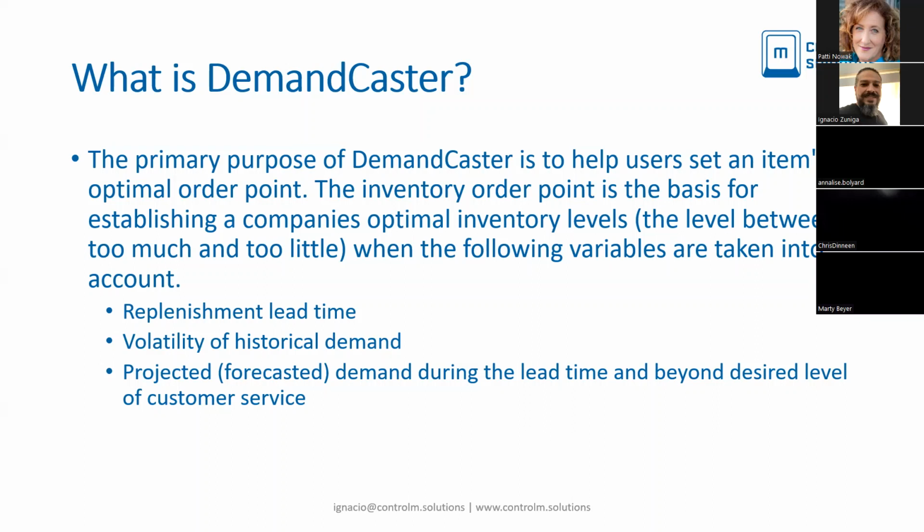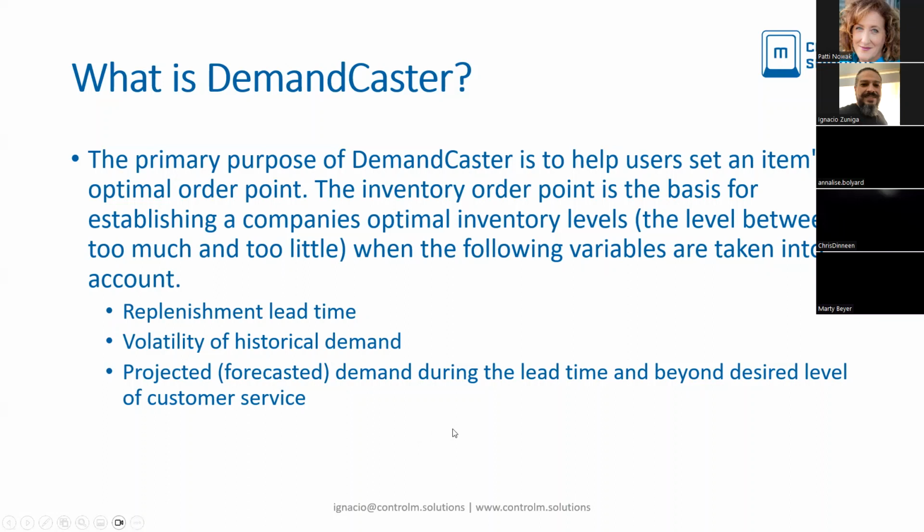For example, replenishment lead time. If it's a very high lead time for a component, we will have more inventory. DemandCaster will calculate more inventory to have, because it takes a lot of time to get that component or raw material into the plant. Again, the higher these variables go, the higher our inventory levels will go. If the demand, for example, is lower, it will keep us at optimal inventory levels, and it will keep us going lower on those